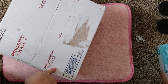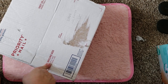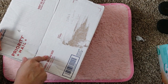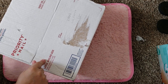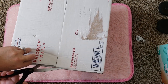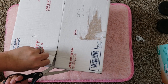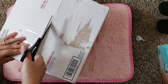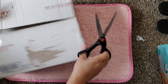Today I have an unboxing from Bountiful Baby, and this is the most anticipated baby. I've been waiting for this baby to be available so I can buy it. I got it. I got it. So I'm going to be showing you. Oh my gosh, this is super nice. I wanted this baby as soon as this kit came out. I wanted to get it so bad, and